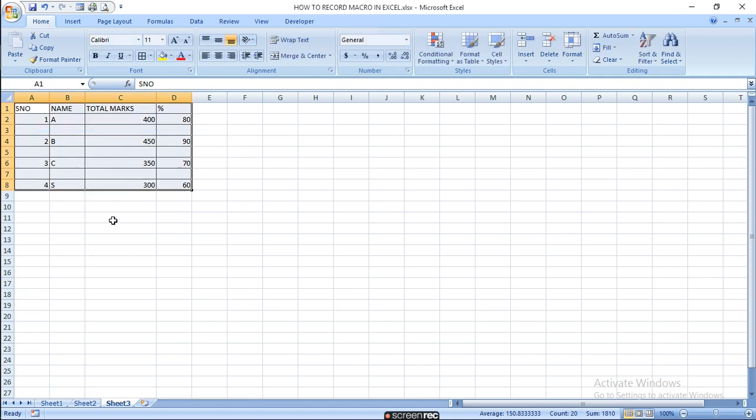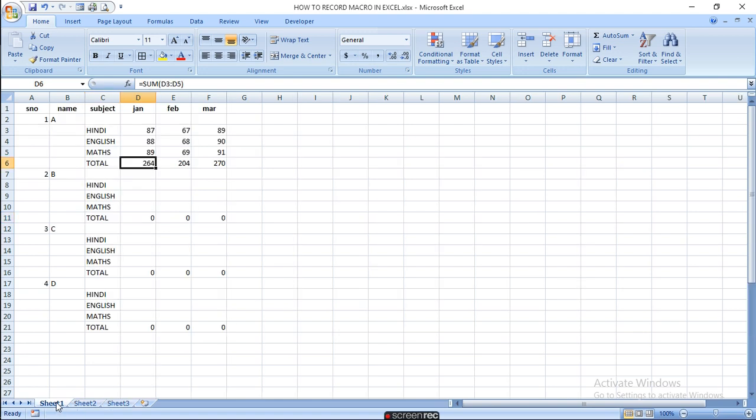So this way you will get a line and space between each student. So this way many macros you can make which you require, and one I have told you. Again you have to fill the numbers of the students and you will get the total.